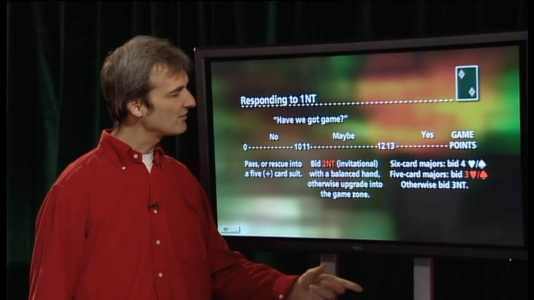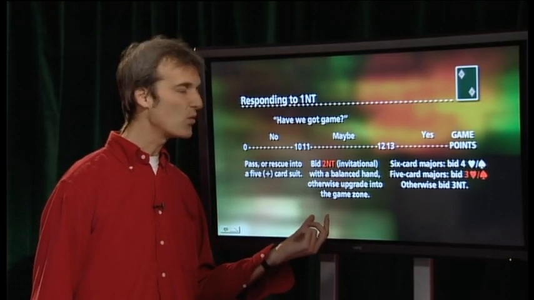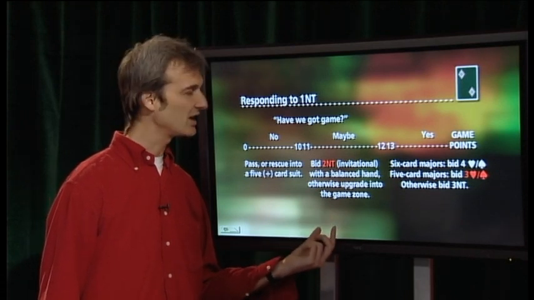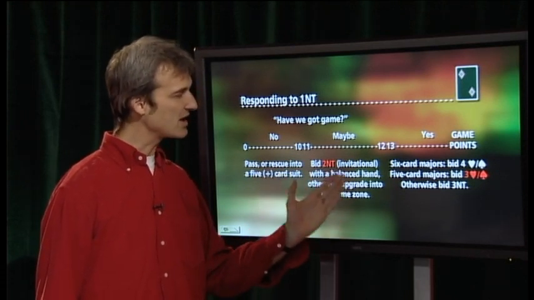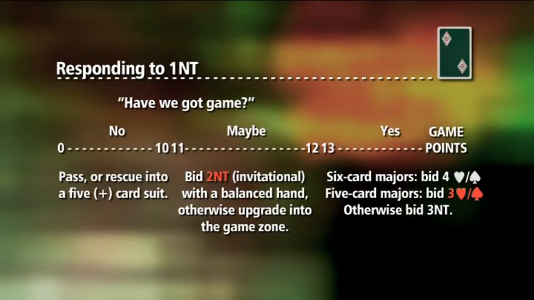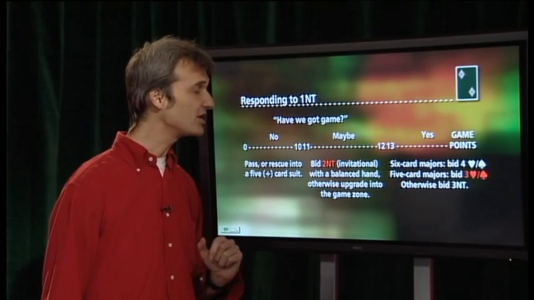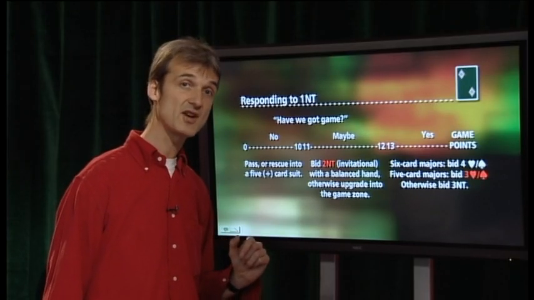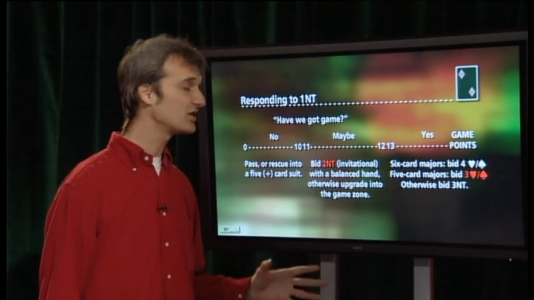And now, finally, if the one no trump responder has a maybe hand, in other words, between 11 or 12 points, and doesn't know whether or not they have the strength for game, then if he's got a balanced hand, he can invite game by saying 2 no trumps. Unfortunately, there is no other invitational to game bid facing a one no trump opener, so my suggestion would be